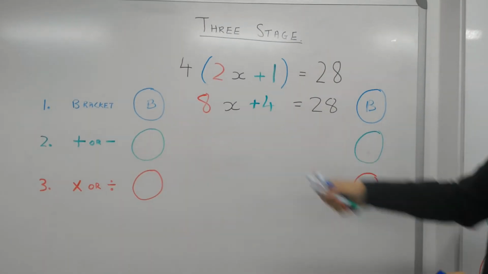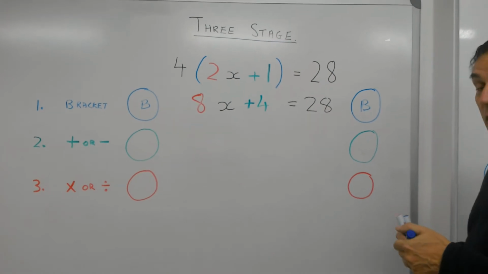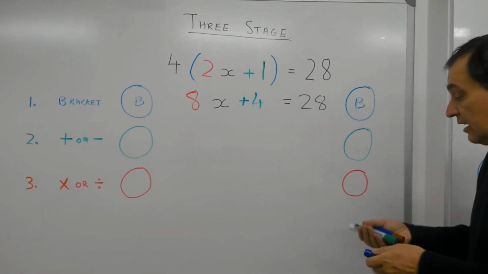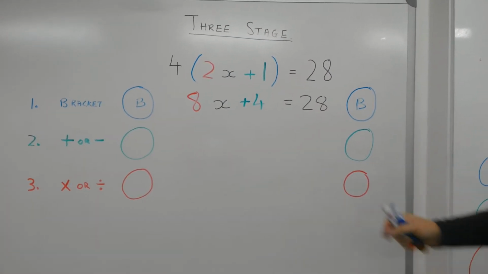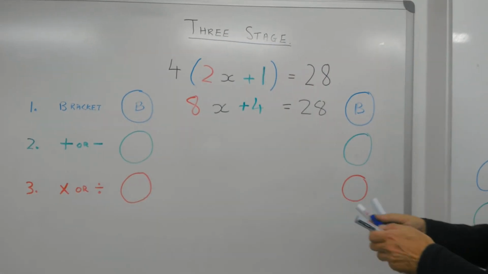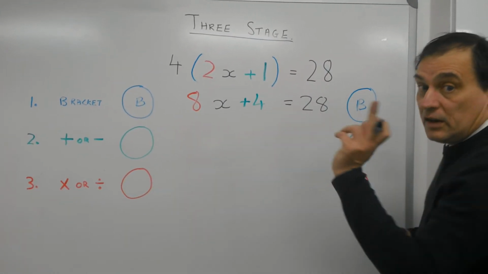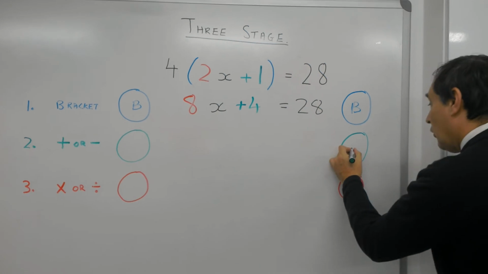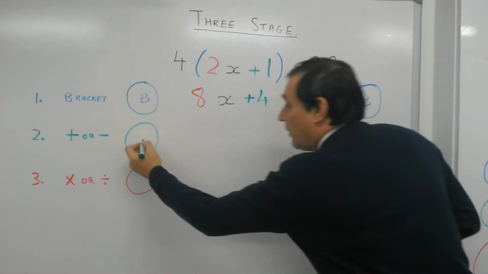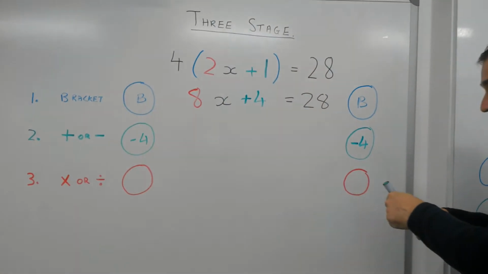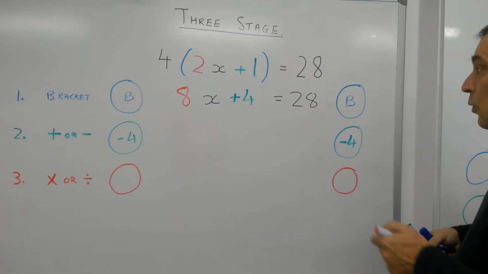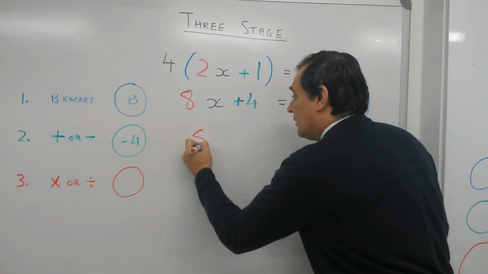Okay, we've got 8x plus 4 is equal to 28. So now it's back to the stuff we were doing previously. We've got a plus 4 here. We've got to get rid of that plus 4 with an inverse, so opposite to plus 4 means a minus 4. So minus 4 on both sides. That just leaves us then with the 8x